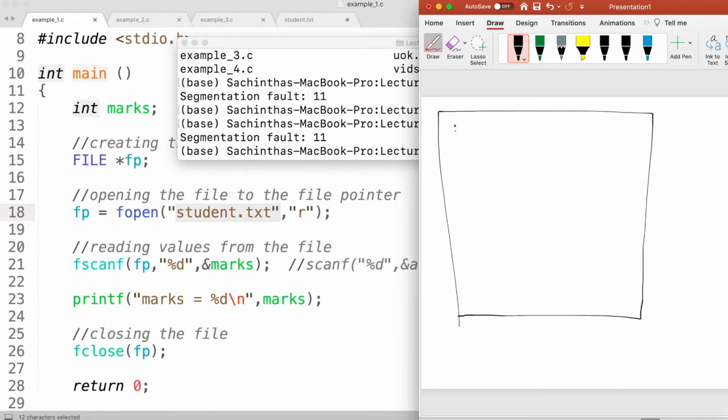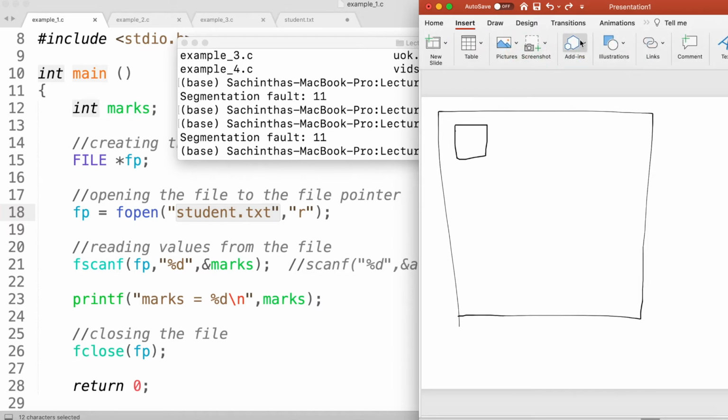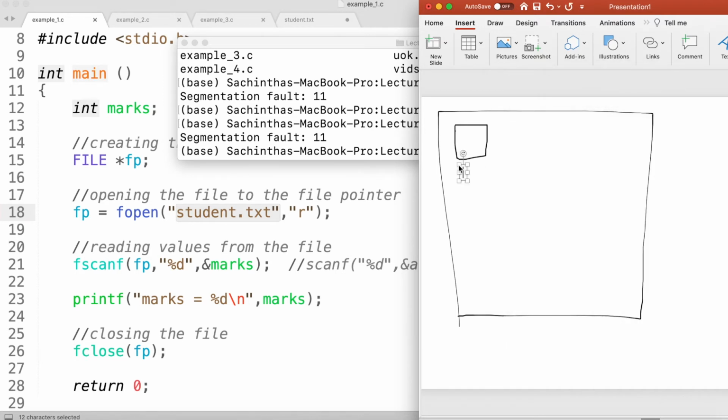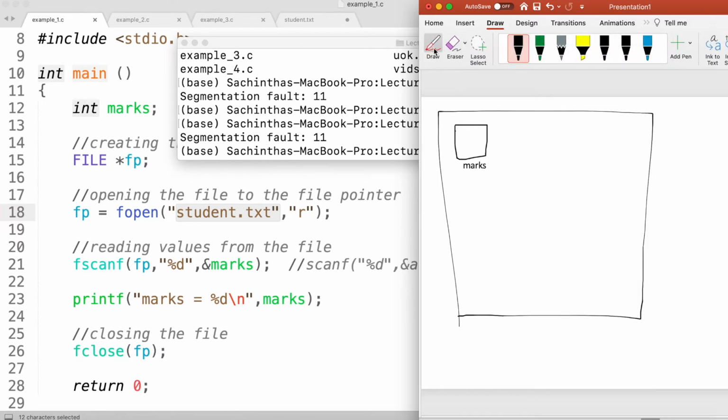Then the first statement creates the variable called integer marks, a variable called marks, right? Then the second statement creates a file pointer. Let's use a different color. This is fp, the file pointer.